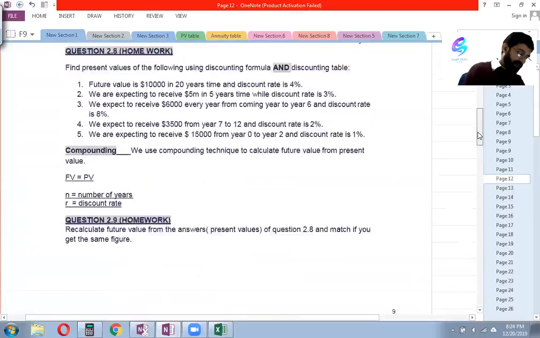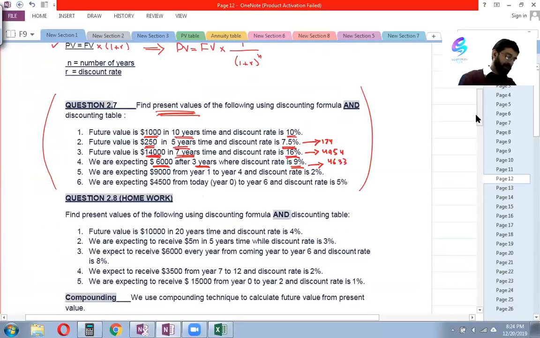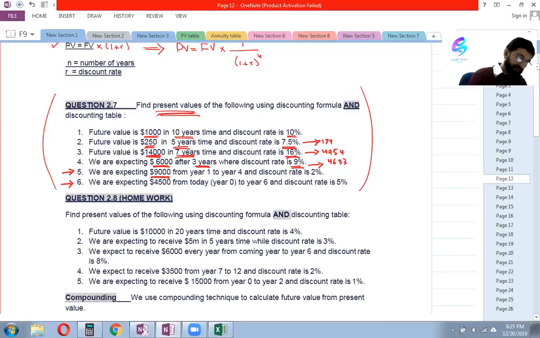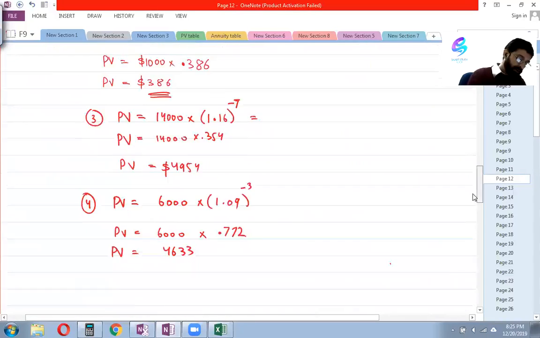So question 3 and 4, it was about discounting. Let's see the fifth one. The fifth one is saying we are expecting 9,000 from year 1 to 4, which means 9,000 in year 1, 9,000 in year 2, 9,000 in year 3, and 9,000 in year 4. So you have now 4 years. And for all those 4 years, you have to calculate the present value, right? Discount rate is 2%, right? Now, in order to do it,